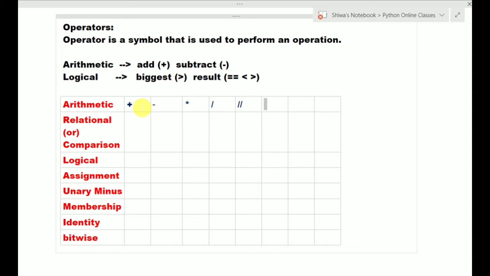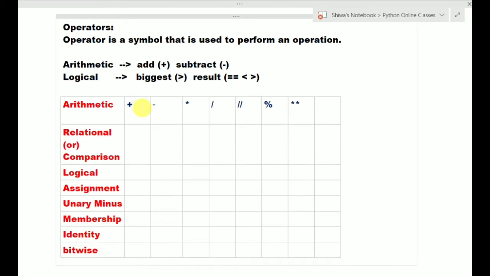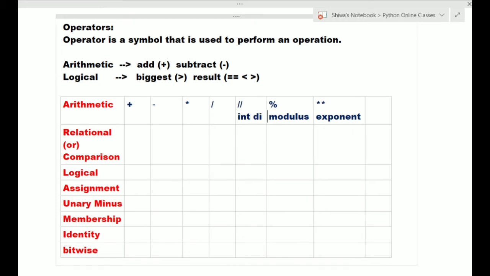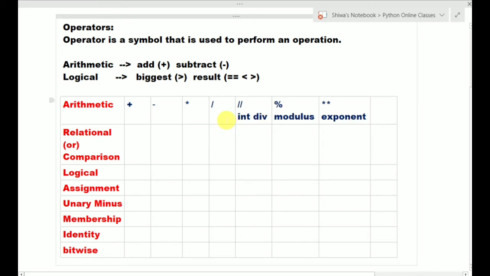Next, the modulus operator and the exponent operator. The double star is the symbol for the exponent operator, and the percentage sign is the symbol for the modulus operator. This double slash is called integer division, and this single slash is float division.